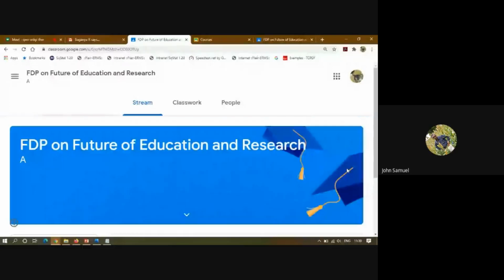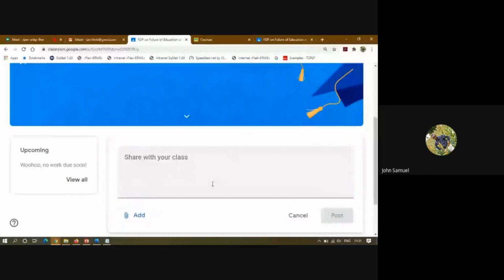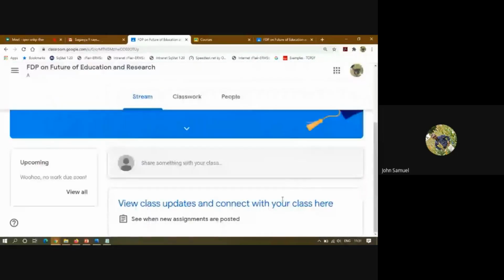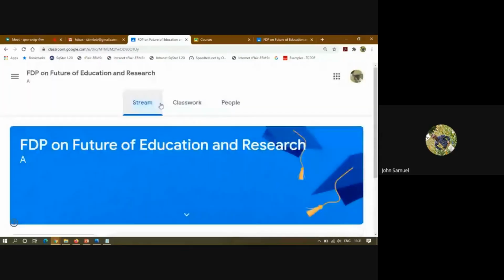Right. So here you have joined as a student. As I told, only 3 menus will be there. The grade menu will disappear here. Classwork and People are also there. As I enabled it for students, a student can also post circulars or anything. That we will see later. So this is the thing.